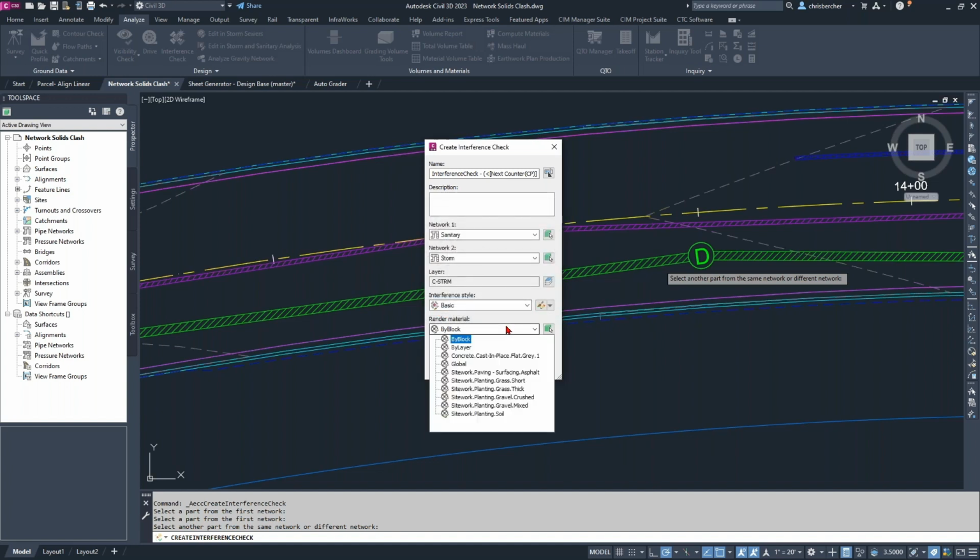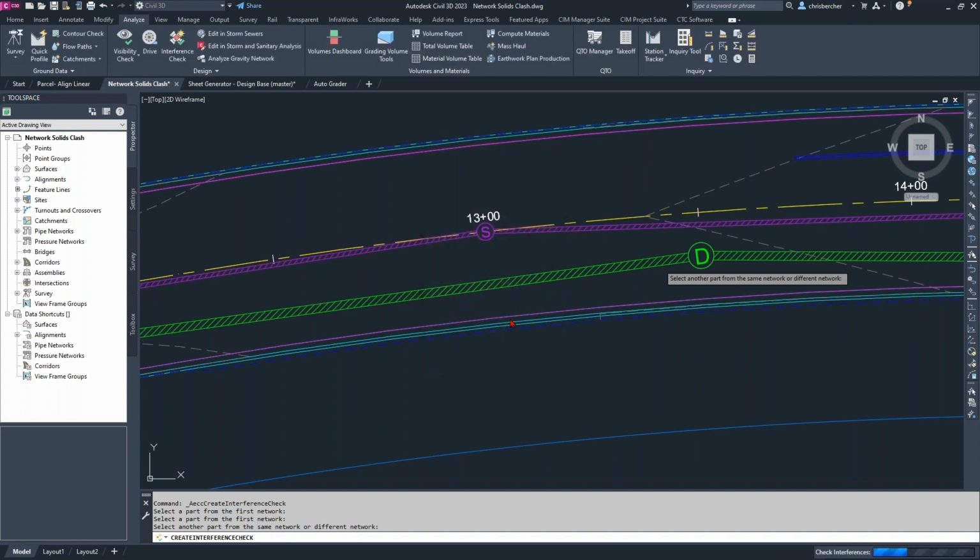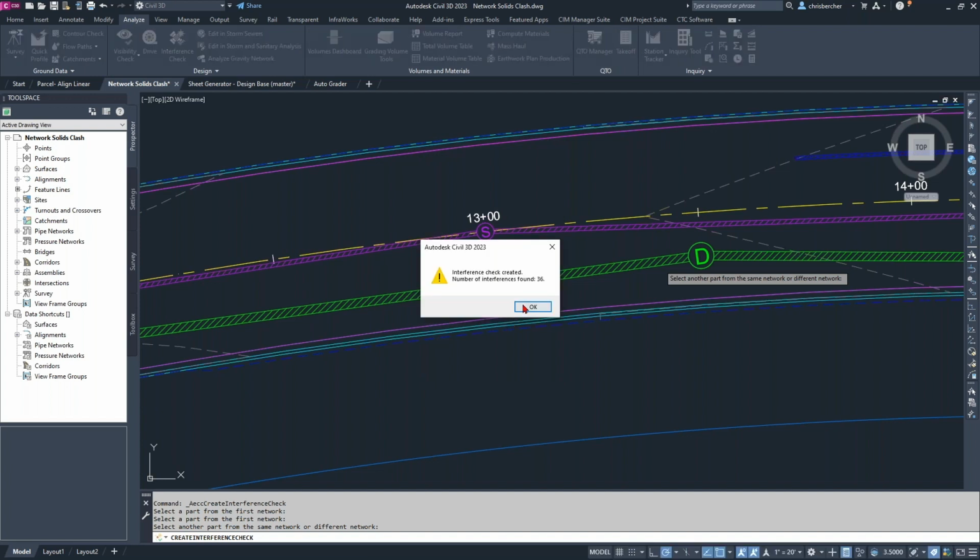But that's about it. There's not a whole lot to do. And it's one check at a time. So in this case, it found 36 interferences between pipe network 1, which was the purple one, and pipe network 2, which is